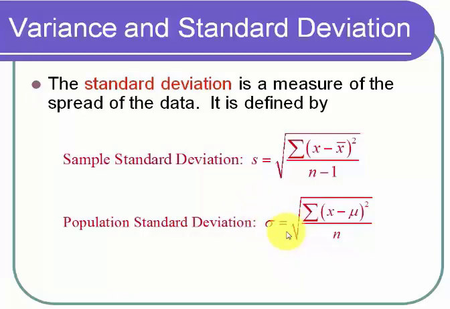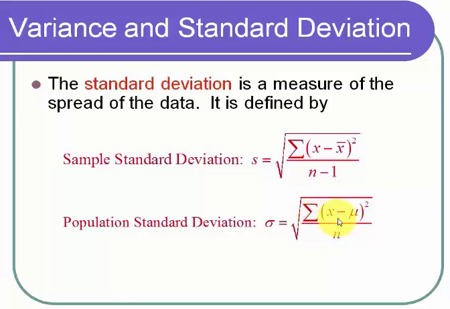And again, it has a messy formula. Why does it measure an average or a spread of the data? Well, let's look at this x minus mu, or x minus x bar. X minus mu, you could think about as the difference between the data value and the mean. Square and square root makes it positive, so we really are talking about a distance from the mean. And adding them up and dividing by the total, that's an average. So that's why we can say this is, in a way, an average distance from the mean that the data